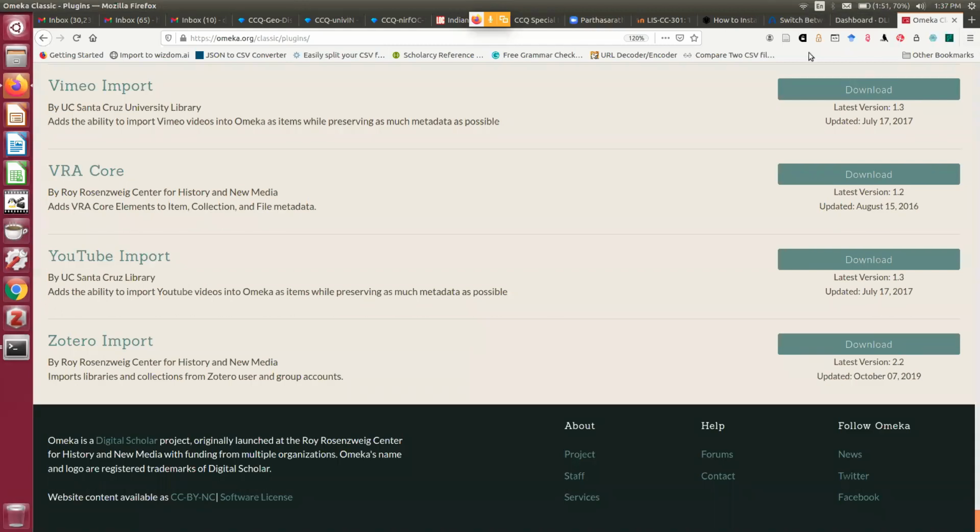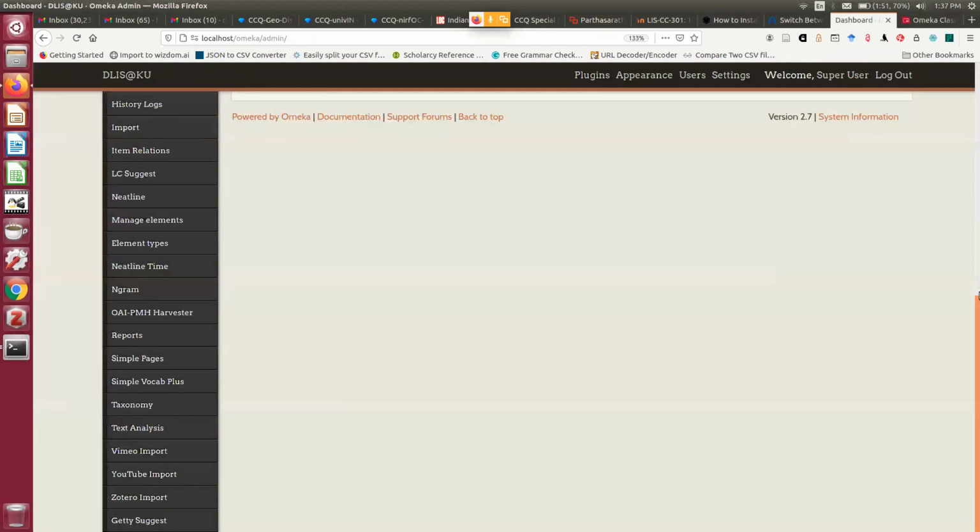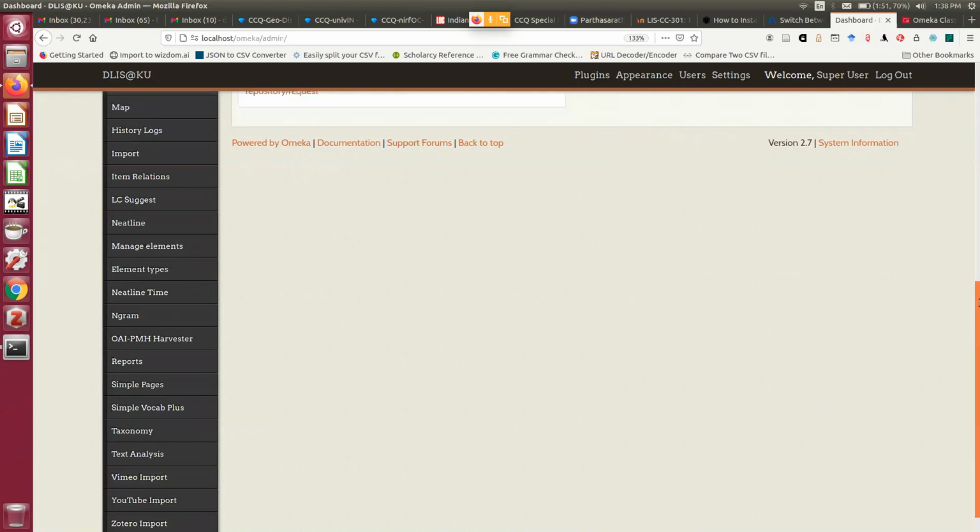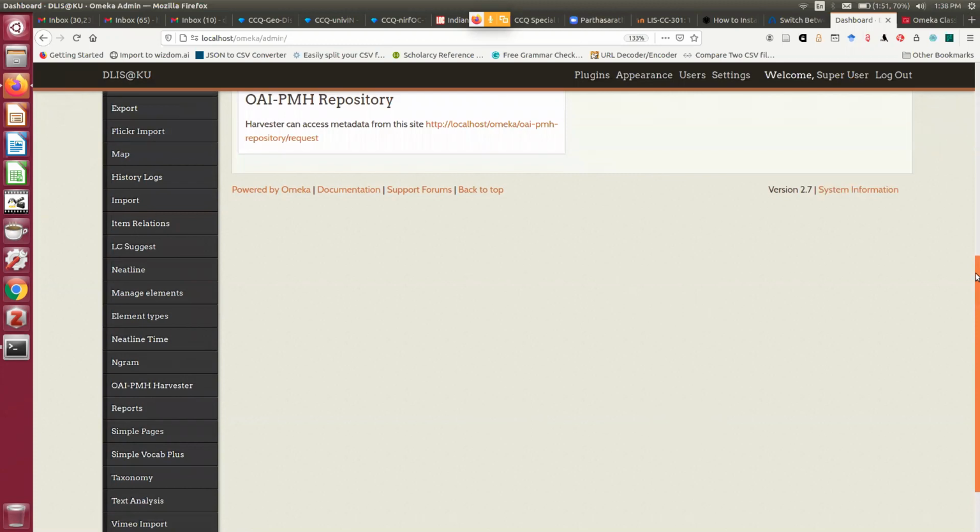Okay, so what I am trying to do here, say I am going to install LC Suggest and PDF Embed. Okay, do I have PDF Embed here?